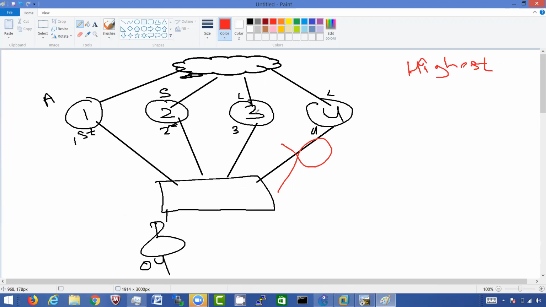So let's say among these, R3 has the highest IP address, which is 10.0.0.3. So R3 will now take the responsibility of the fourth forwarder. R3 is now currently the third forwarder as well as the fourth forwarder. So the user which has the MAC address of the fourth forwarder, now currently